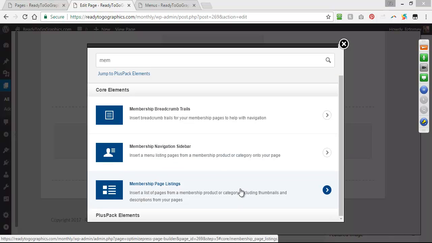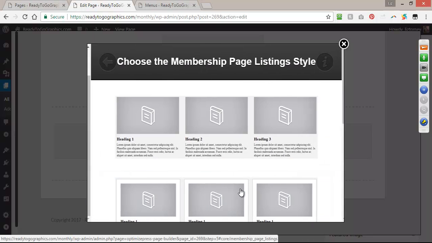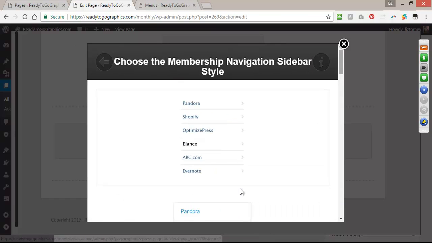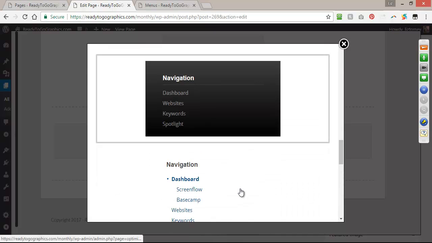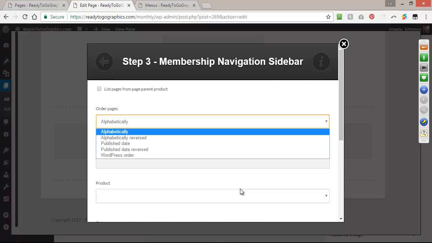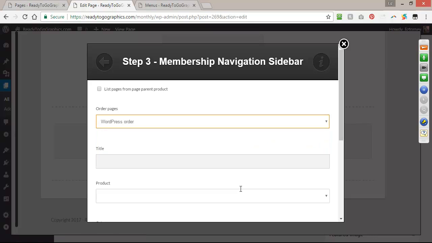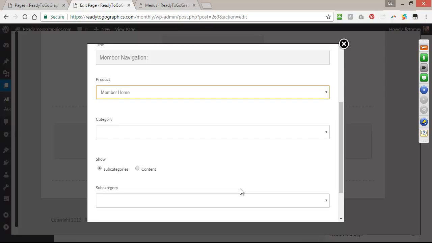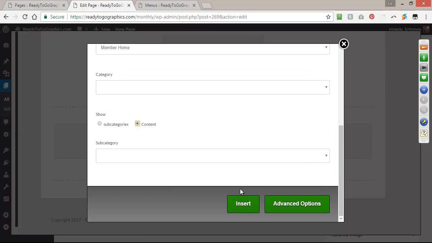But which one of these do I use then, Randall? Do I use the membership navigation sidebar or the membership page listings? Not that one. It's this one. Alright, so what I'm going to try and do, go with this one. Do this WordPress order. Member navigation. Product. Member home. Show content,